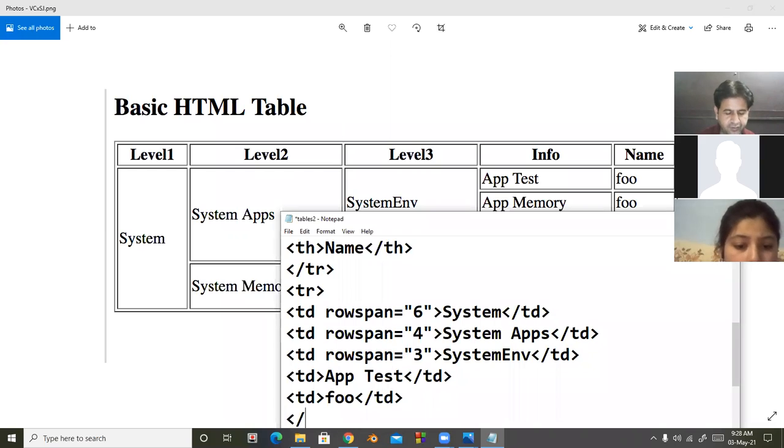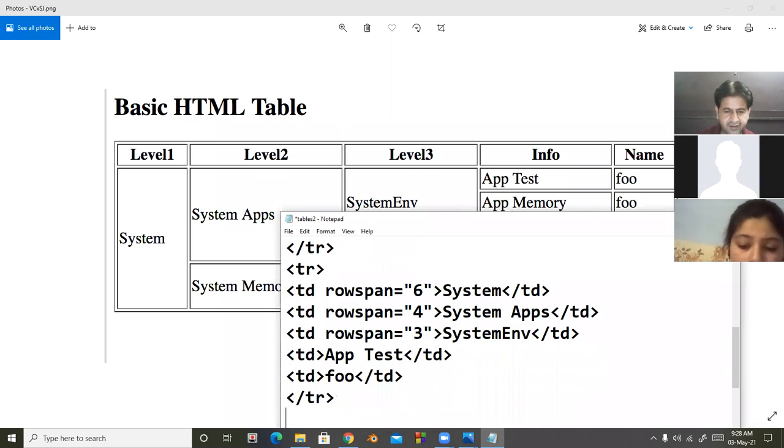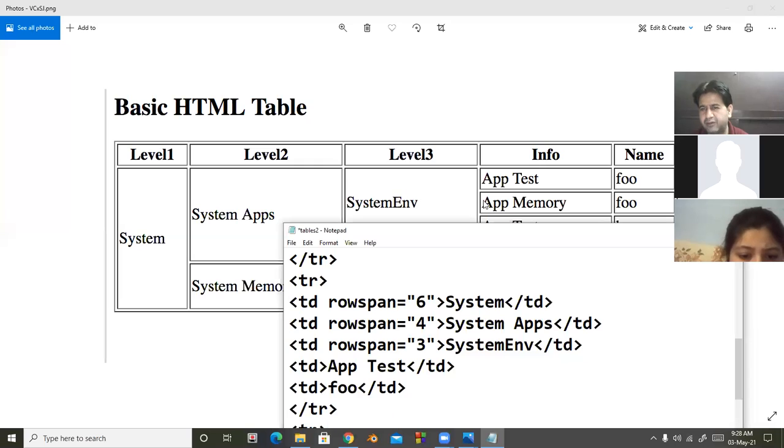Then the row is closed. Next row start. So look at here. In the next row, the first, second, and third data is already inserted. So we will add only app memory and foo.